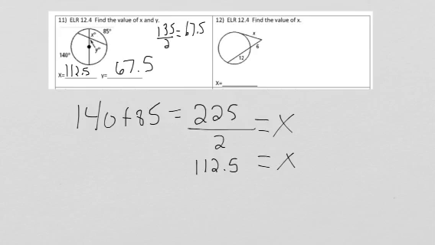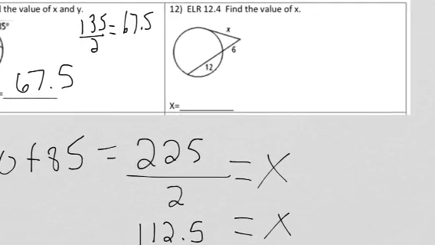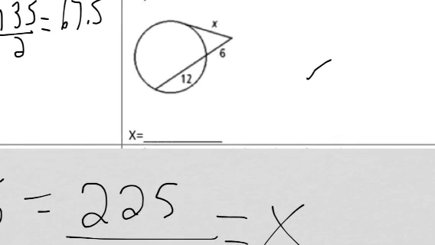Our work is checked. Okay, find the value of x. This is one where we're going to use what we learned on Tuesday. So what we have is, zoom in on this, we have a point, and we have two lines coming from that point. So first of all, we know that x squared, because we're going to count this x twice, we'll talk about that more in a second, is going to have to be equal to 6 times 6 plus 12,